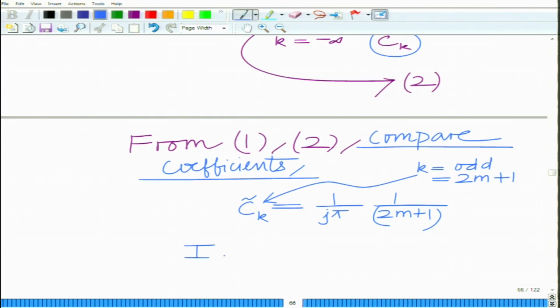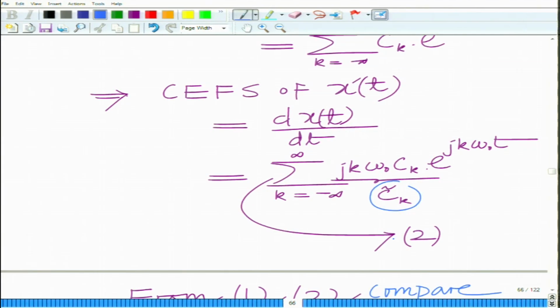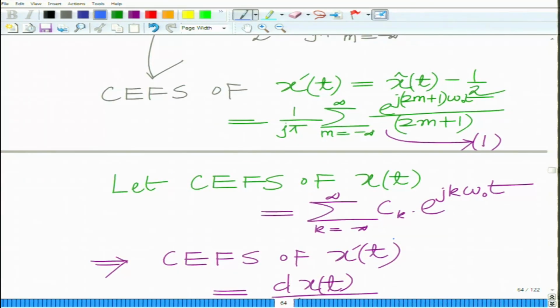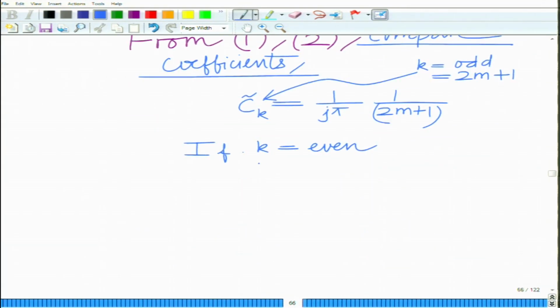If k is even, you can see the CFS of x prime t contains only the coefficients corresponding to odd k, that is k of the form 2m plus 1. So, if k is even, we have c tilde k equals 0,